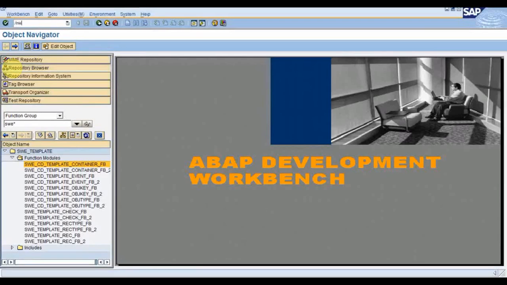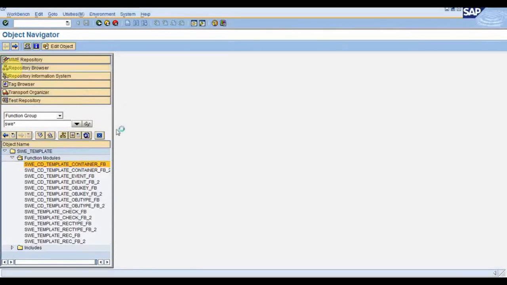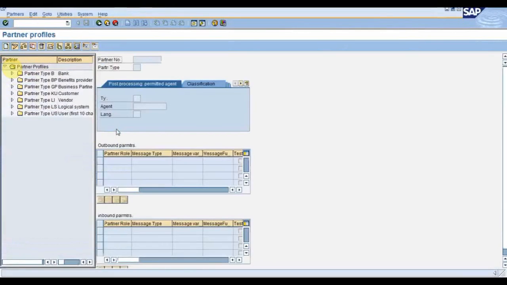In partner profiles, which you would have seen in WE20, we have one agent assignment.